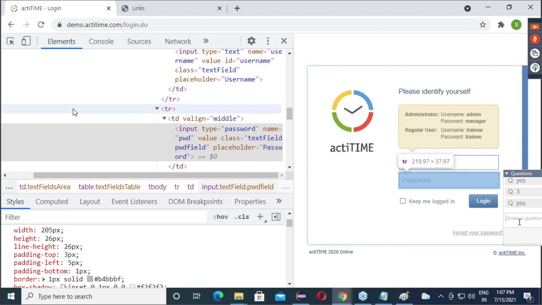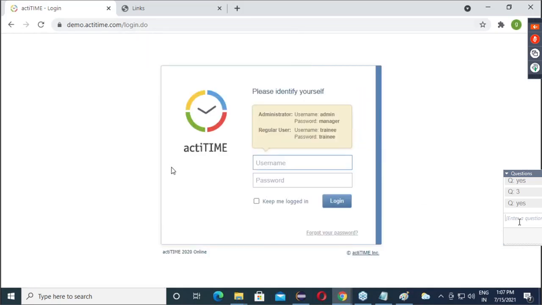Okay. So guys, there is one assignment for you people now. For automation, log into this ActiveTime. What do you need to do? Enter username, enter password, select checkbox. Click on login button.